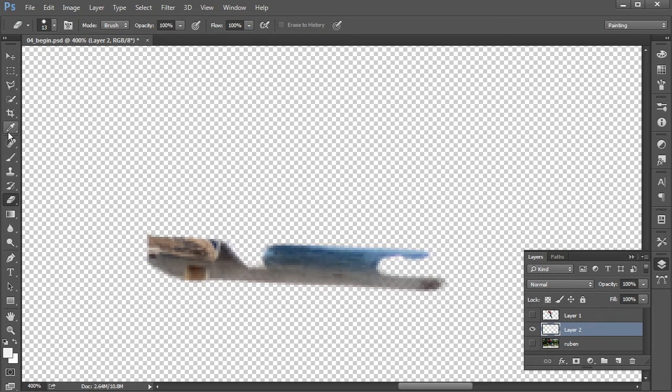So we're just going to use our brush. We want to turn on our transparency, or we want to maintain our transparency. So you can click this little button, and then we want to sample an area. So we're going to hit Alt, and we're going to sample this little area right here. We're going to use our brush. We're going to increase the size a little bit. We want to bring the opacity down to about 36%. And we're just going to paint out the area of that skateboard, because really we just want to have that color